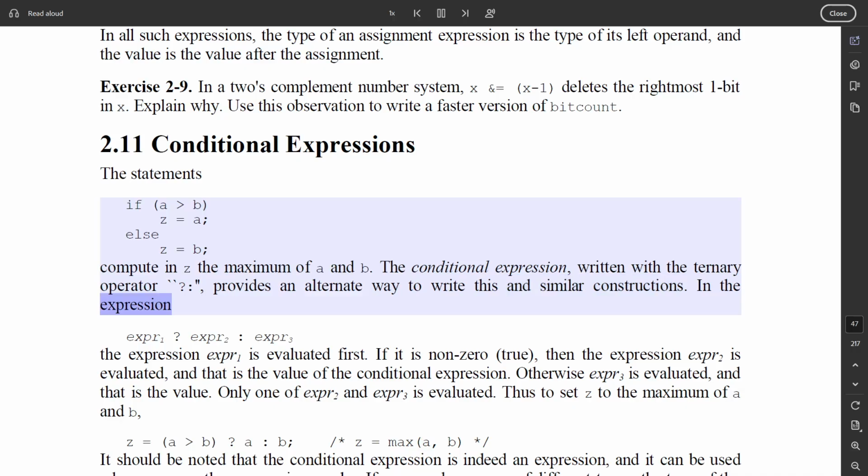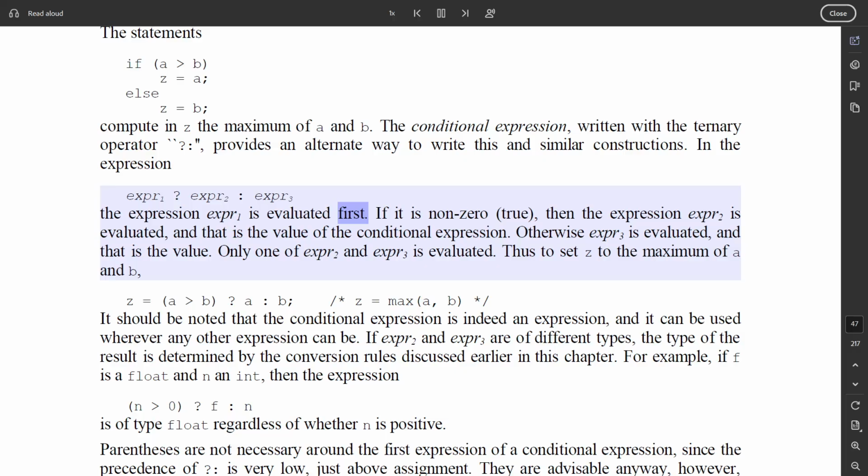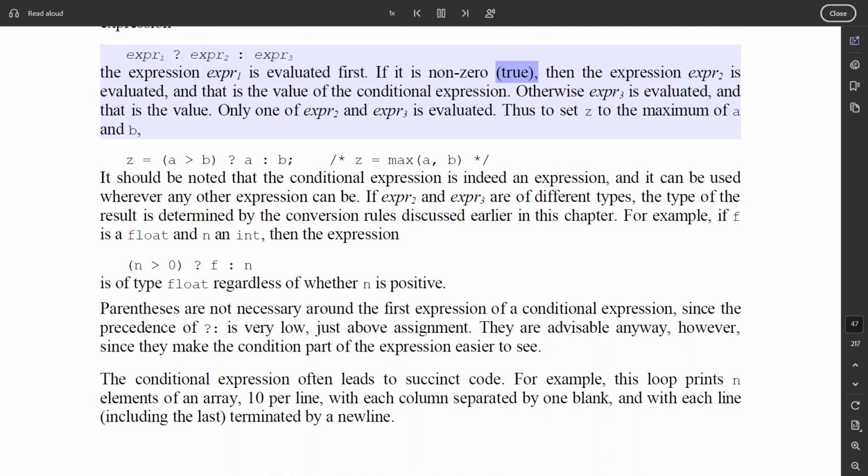In the expression expr1 ? expr2 : expr3, the expression expr1 is evaluated first. If it is non-zero (true), then the expression expr2 is evaluated, and that is the value of the conditional expression. Otherwise, expr3 is evaluated, and that is the value. Only one of expr2 and expr3 is evaluated. Thus, to set z to the maximum of a and b, z = (a > b) ? a : b; /* z = max(a, b) */